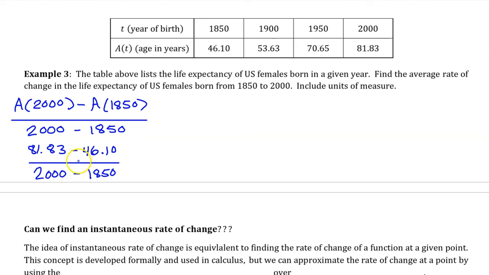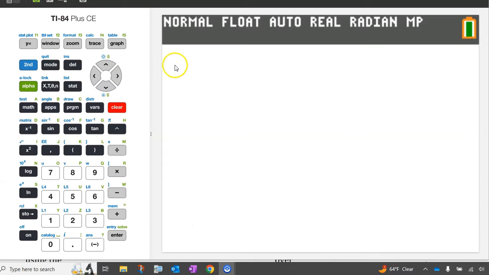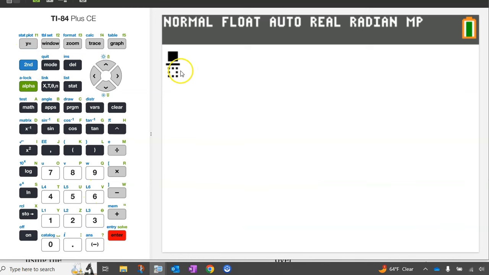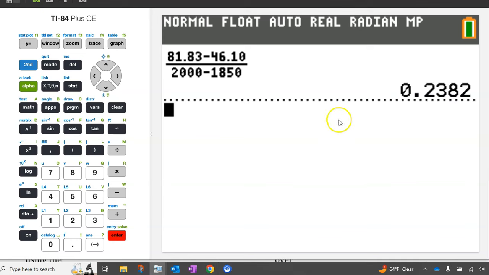This is looking like a calculator active problem, so I'm going to use the calculator from here. Make sure you know how to make a proper fraction on your calculator. This software is a little bit old, so I have to hit alpha y equals enter. Your calculator will do that too, but there's probably a shortcut. If you hit alpha and then x, it will probably make a fraction right away. Kabam! The average rate of change is